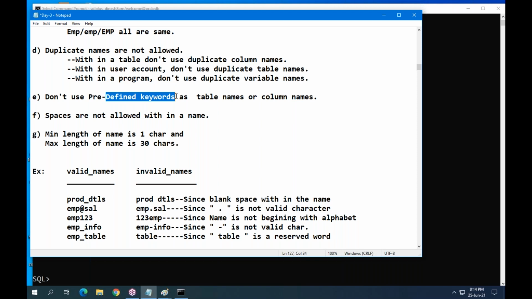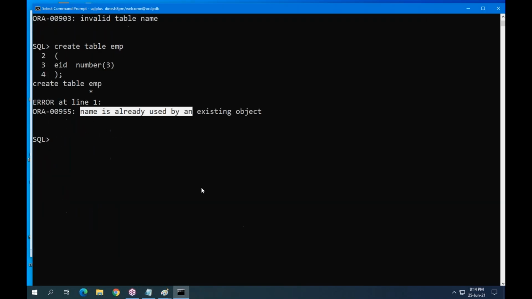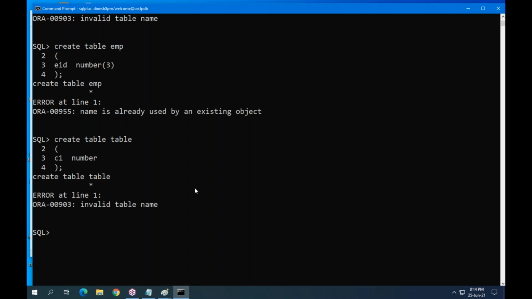Don't use those words as a table name or column name. For example, create table, column name C1, it's a number, enter. Invalid table name, because this is a predefined keyword. So don't use it as a table name.